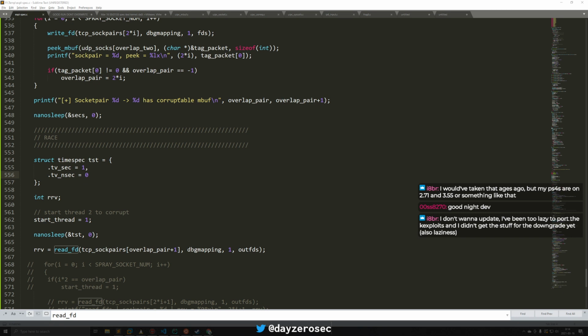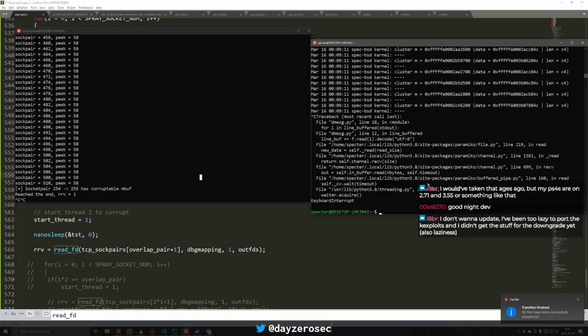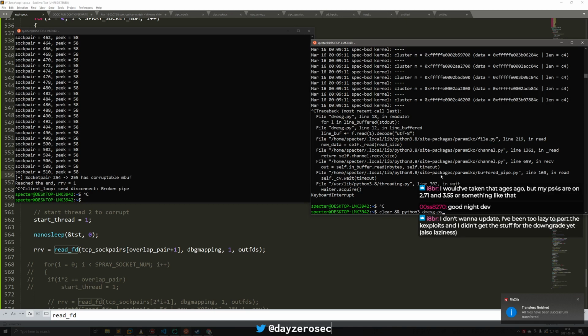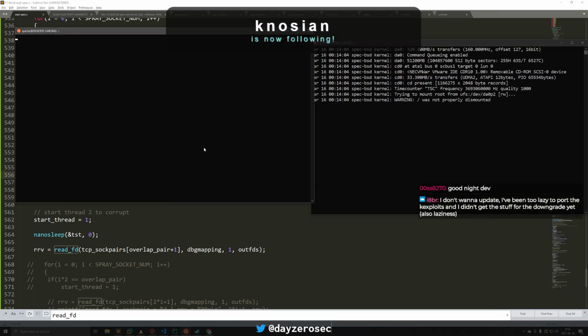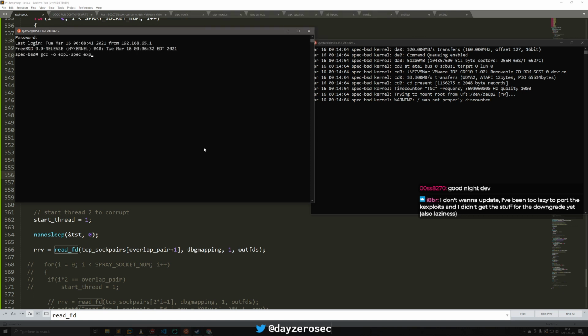So I think the system should be rebooted by now. We should be good for another test. So we've got our kernel log. We will compile our new modified exploit file.